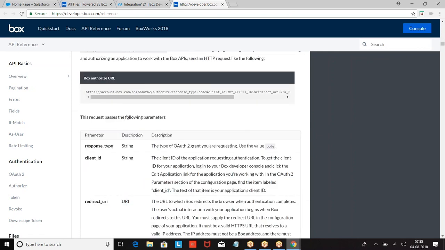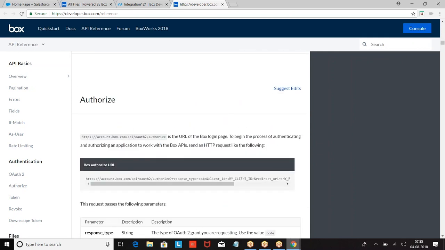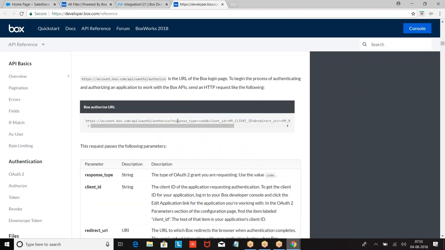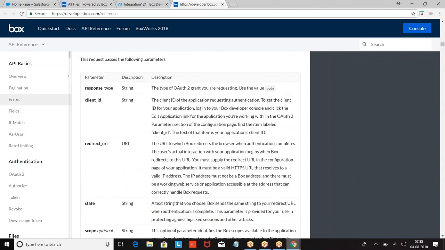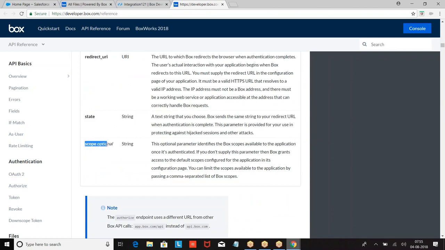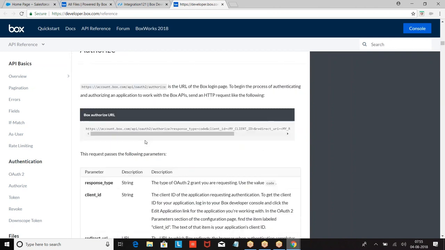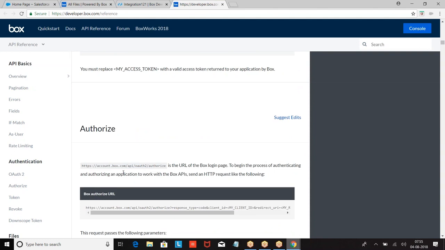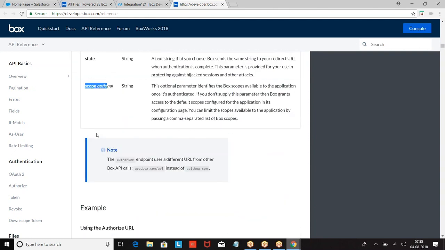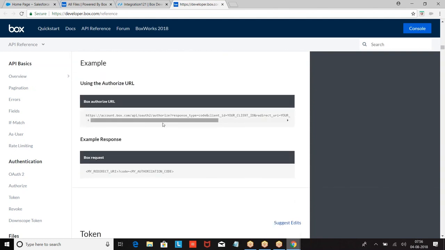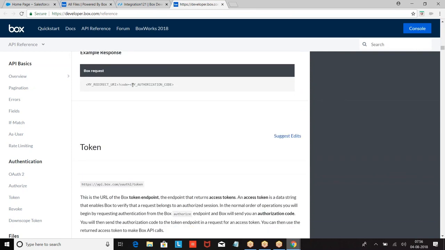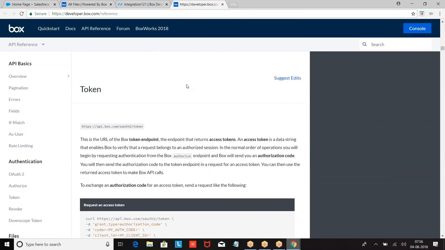Okay. First, they're asking you, response type equal to code. Make a request to this URL. Response type equal to code, client ID, redirect URI, state, scope. So if I make a request to this URL with the following data, then we are going to get authorization code. Once you get the authorization code, they're asking you to make a request to this URL